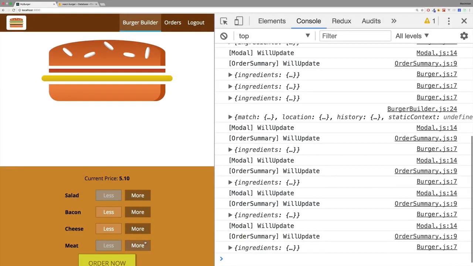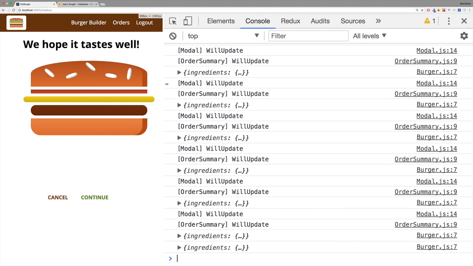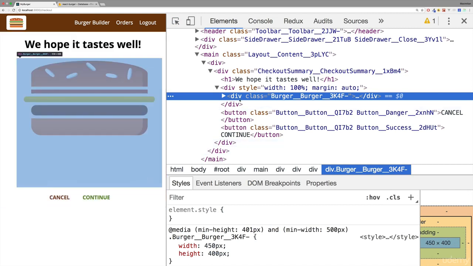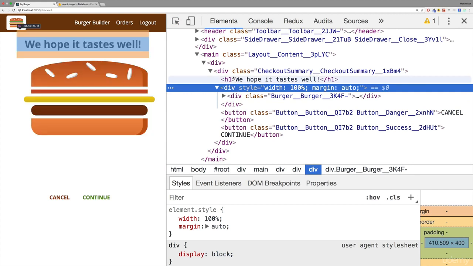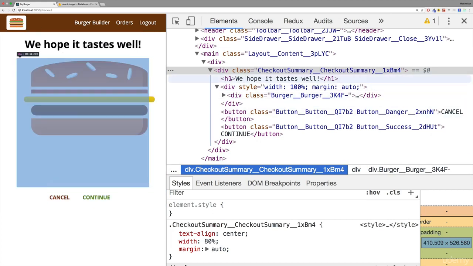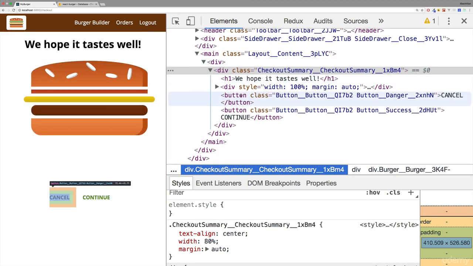Now, another issue we face is if I build a burger and I am logged in here, in that burger builder here, you will see that on certain screen sizes, the burger is positioned incorrectly. It's not centered. The reason for this is that the burger has a width which is adjusted to the viewport, but it's always inside a div which takes 100% of the width of its wrapping element, and that would be this div, which also dictates a certain width, 80% in this case, the checkout summary. So the checkout summary here is dictating a certain width for our burger,